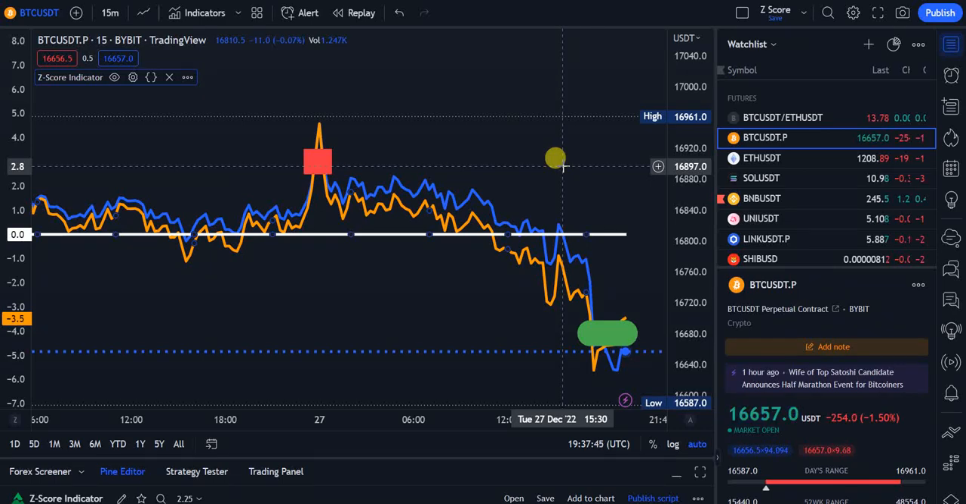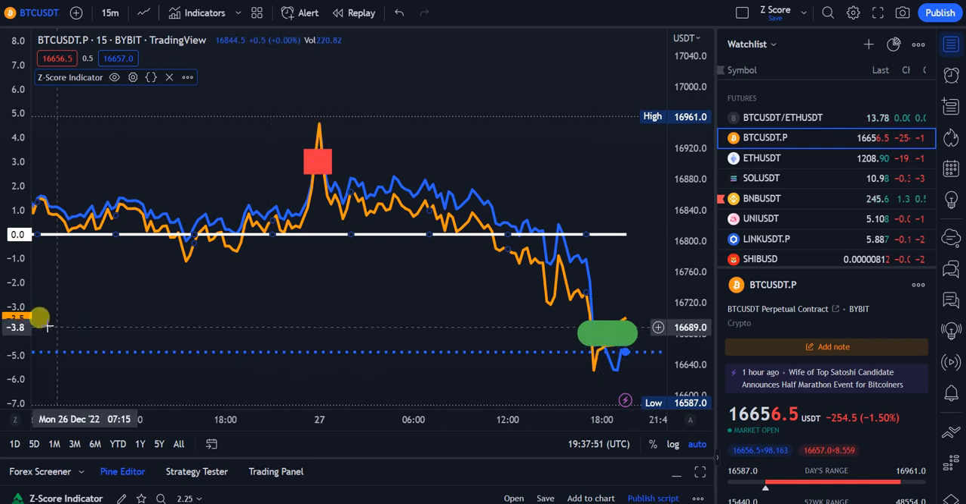So I want to do a real quick video about Bitcoin and the Z-score trade that I just took. Why did I take this trade? I went long Bitcoin because the Z-score right here, you see, is negative 3.5. That means that we are on the 15 minutes chart, and Bitcoin negative 3.5 means it is 3.5